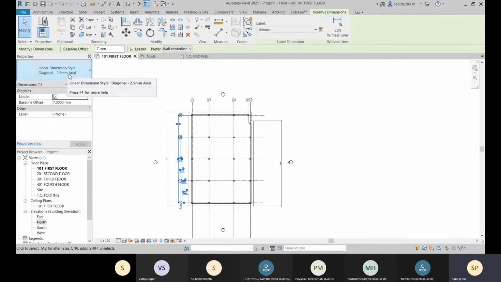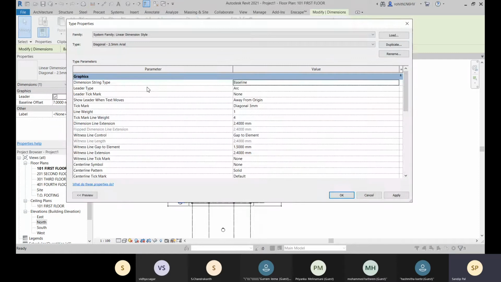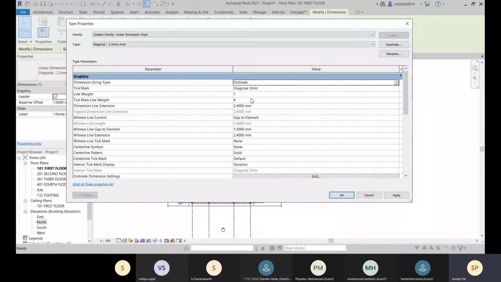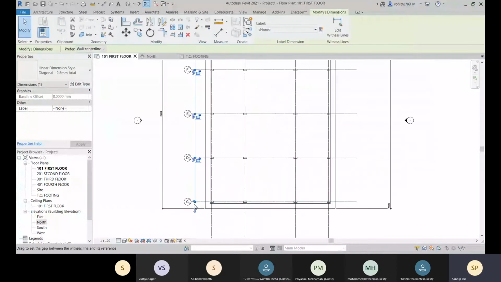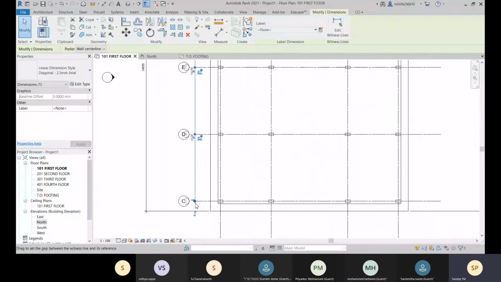Okay, and now let's go for this ordinate. Ordinate is basically like from the origin it will calculate the x value. So for this dimension it will show you the distance of that end from the origin. Let's click on apply and OK. Here you can see that I have started from this end, so this will be the origin.